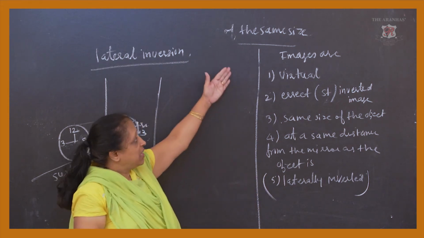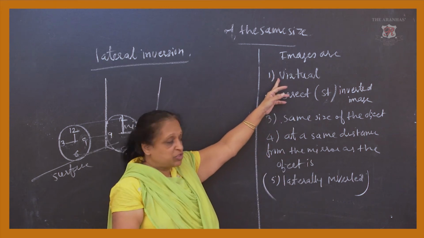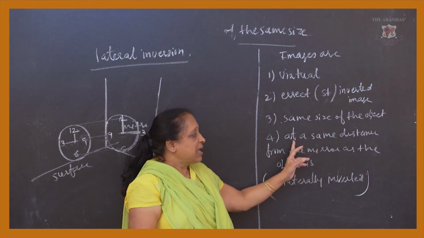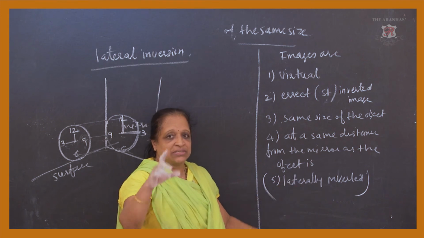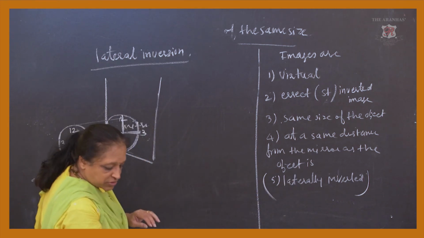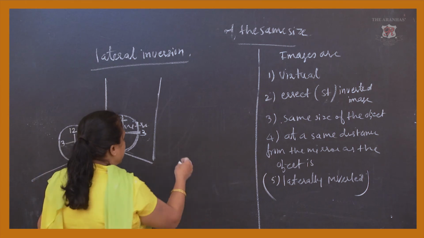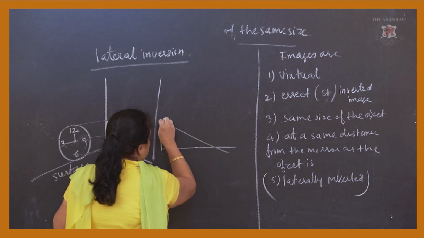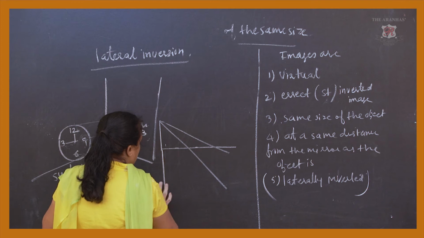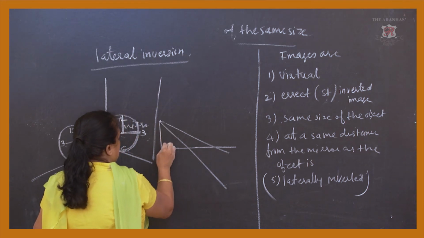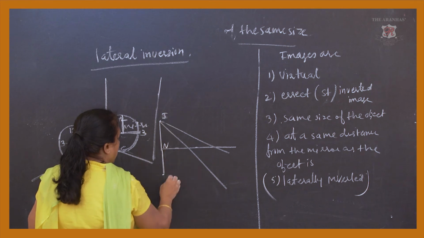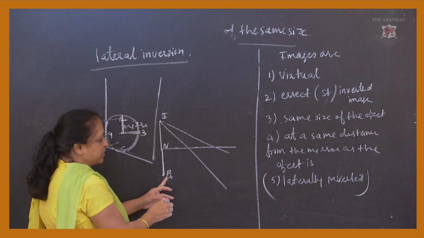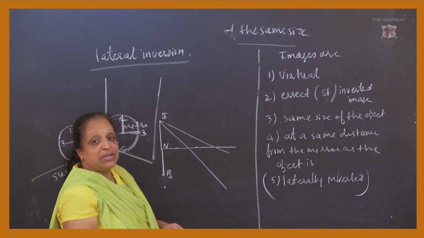So we have learned in image formation that images can be virtual, images can be erect but inverted, and of the same size as the object, at the same distance from the mirror as the object. As we had drawn just now in the figure I drew for you, this is the mirror, the object is kept here, the rays are getting here, and you get the same distance of the object. Here it is I, and this is any other object, B or something. So this is the head or the object, and they are at the same distance.